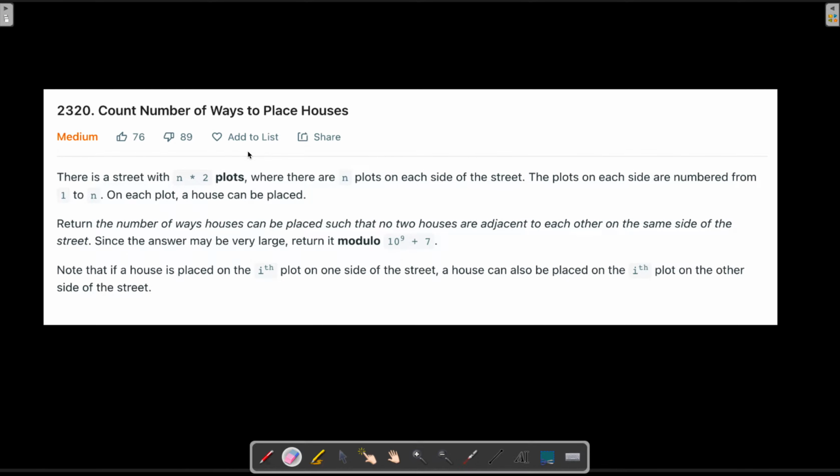Everyone, let's look at today's LeetCode problem: Count number of ways to place houses. There is a street with 2n plots, so this number is going to be 2n, and we are given with